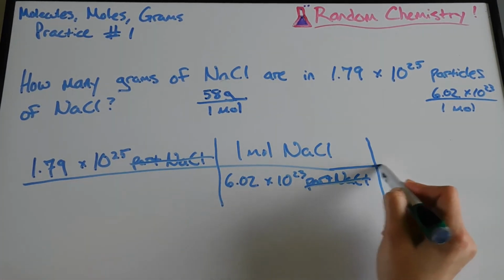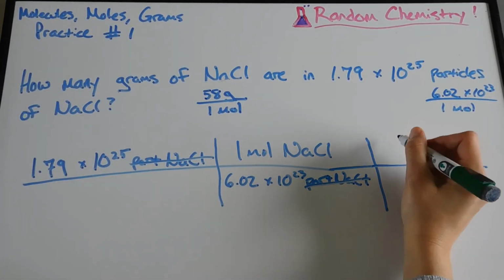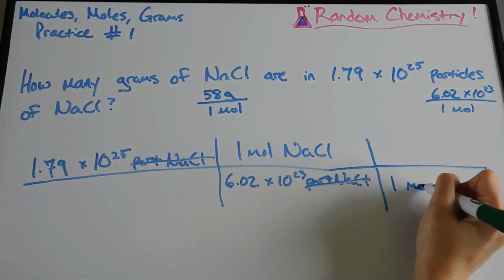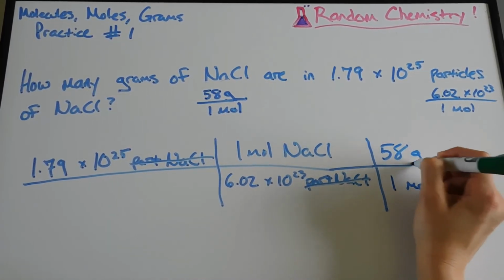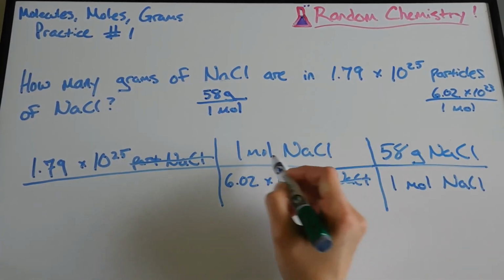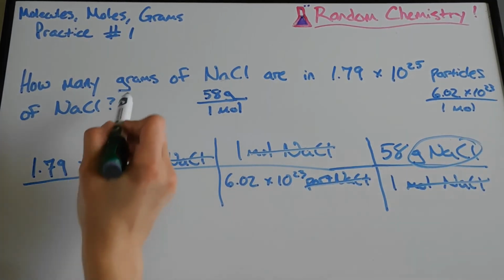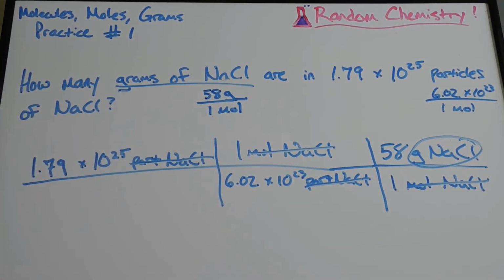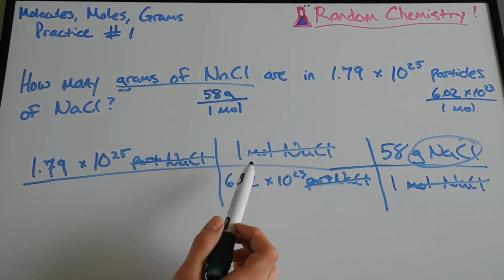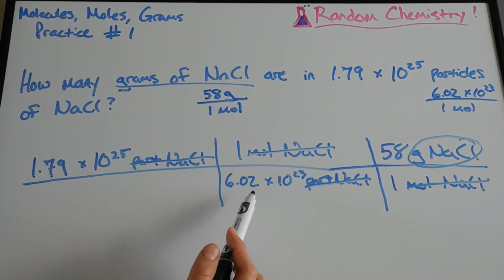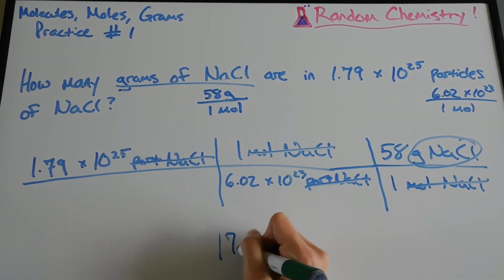So now that I have moles on top, I need moles on bottom, so I'm going to use my molar mass. So if I have it on top, I need 1 mole of sodium chloride and then 58 grams of sodium chloride. So moles cancel and I'm left with grams of sodium chloride, which is what my question is asking. So now I can plug this into my calculator. 1.79 times 1 divided by 6.02 times 58. When you plug that into your calculator, you should get